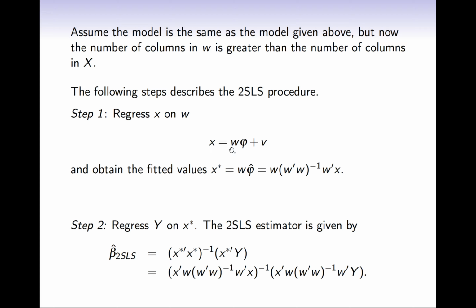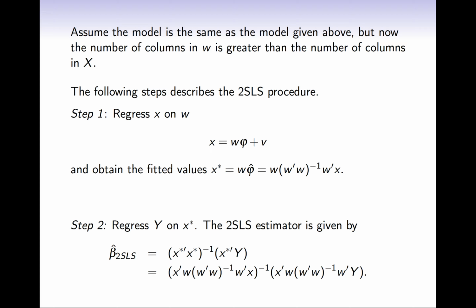But suppose you have one x and two w's. Then you regress x on those two w's, and then you obtain the fitted value from that regression, which is w (w prime w) inverse w prime x. That's stage one. People call that the first stage of the two-stage least squares